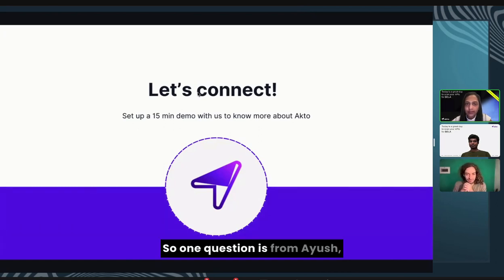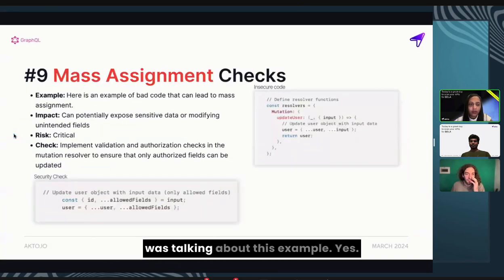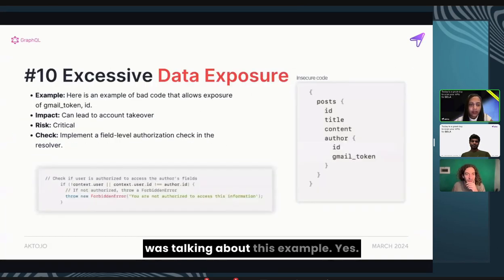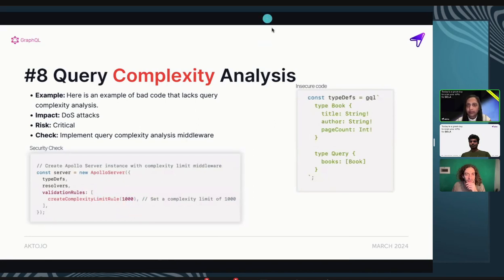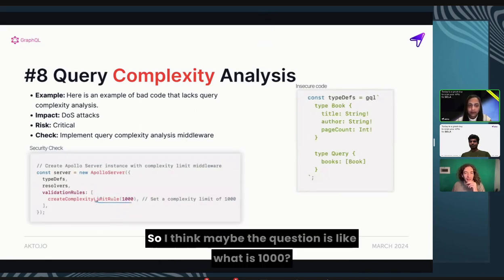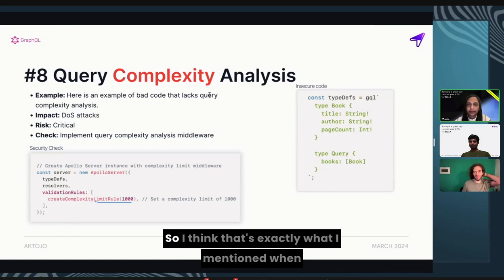So one question is from Ayush. What does complexity limit denote exactly in this example? I think he was talking about this example. Yes. So I think he's talking about this. Yeah, so I think maybe the question is like, what is 1000? What does it even mean? Yeah. So I think that's exactly what I mentioned when I said